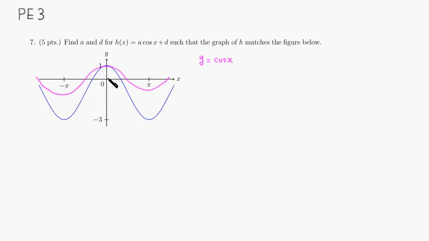So you can see that the highest point is 1 and the lowest point is -3, which means that the difference is 4. Then the amplitude is half of the difference between the highest point and the lowest point. So the amplitude is 2. The original cosine function has amplitude 1, so we have to multiply by 2, right? So the first transformation we're going to apply would be 1,